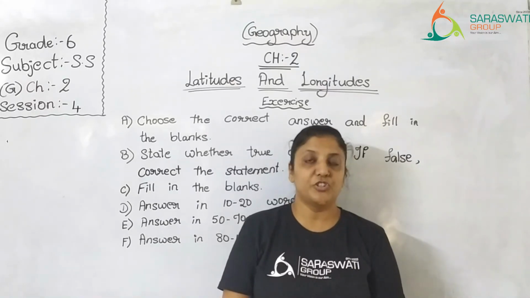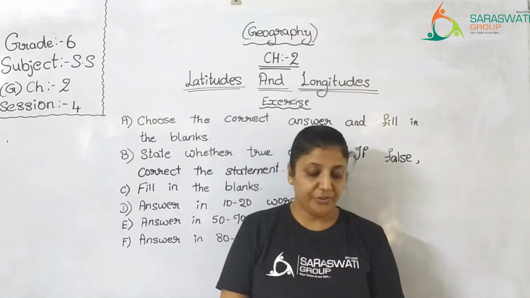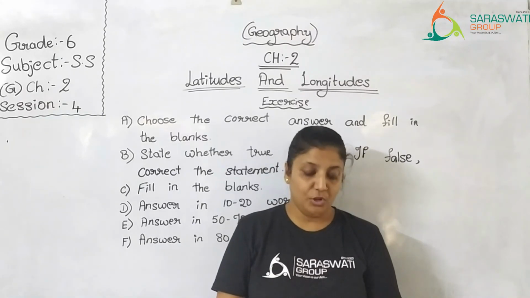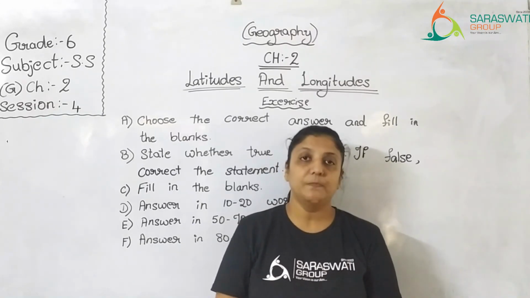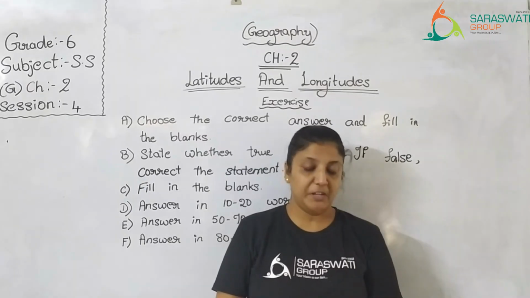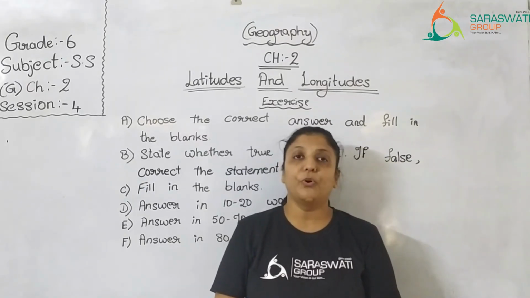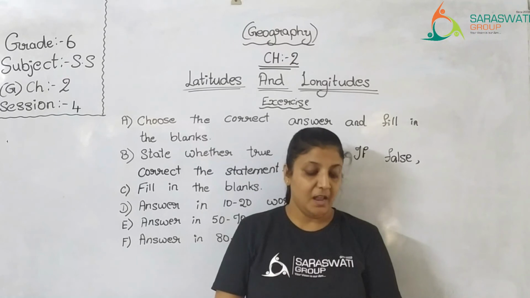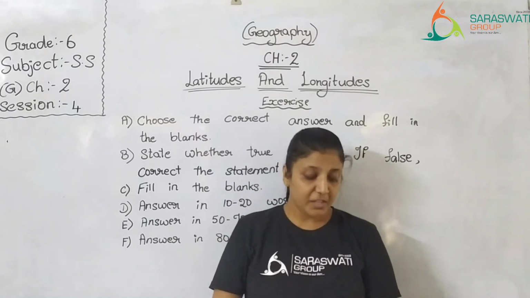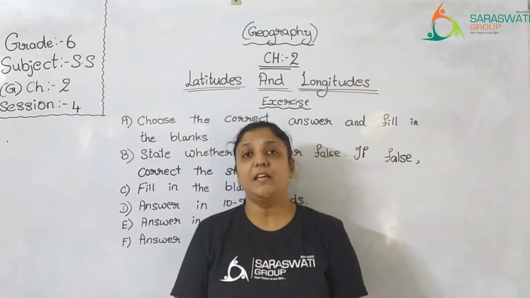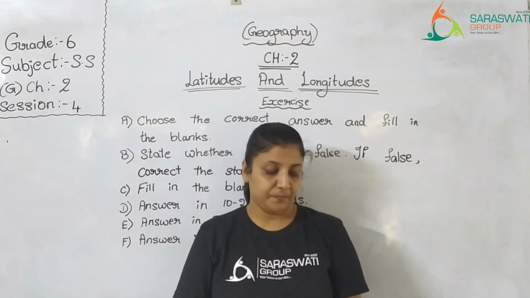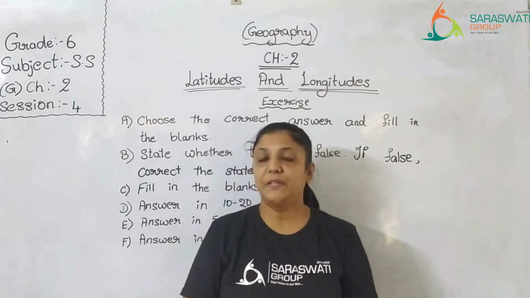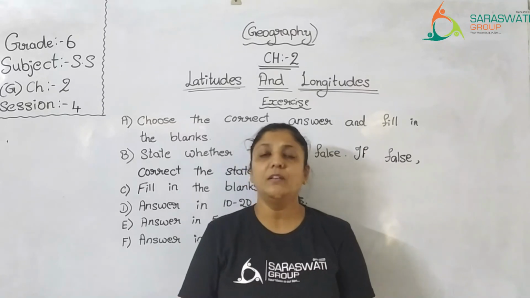And third one is the frigid zone. There are two frigid zones on the earth, one in the northern and the other in the southern part. The northern zone lies between the Arctic Circle and the North Pole, and the southern frigid zone lies between the Antarctic Circle and the South Pole. These two zones receive extremely slanting rays of the sun. Thus, these zones are very cold. It was a very simple answer. Yes, it is lengthy but very easy and simple.